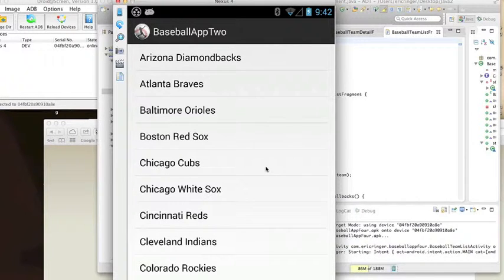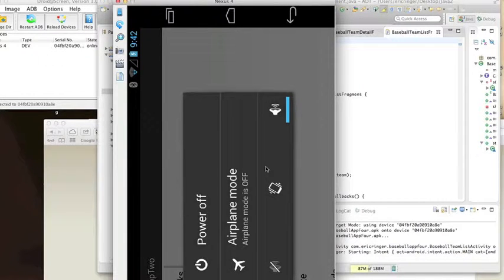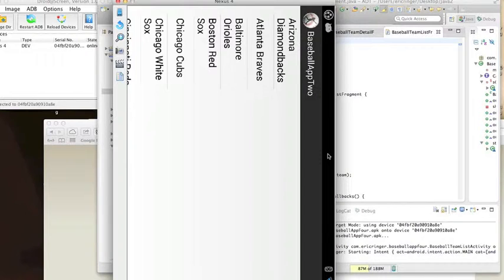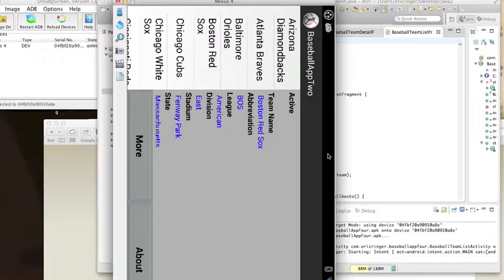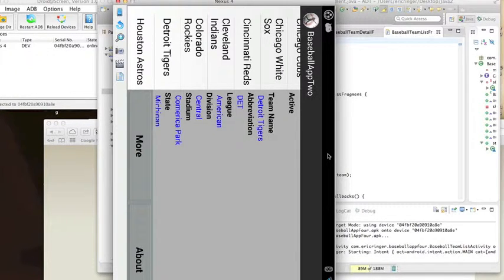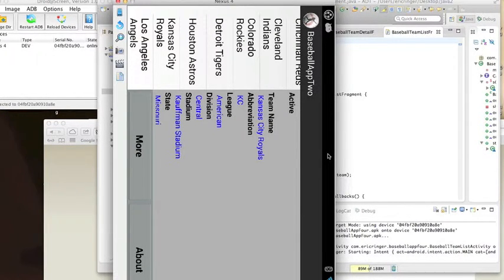So this is where I think fragments can enhance. Let's rotate this. Okay. We'll click on a different team, and there you go. So it's side by side. Now you can see the buttons and everything, and I can click on any team, and it changes. You can see Royals. To me, that's really cool, and the possibilities of what you can do with this